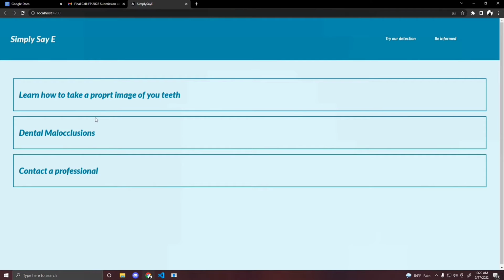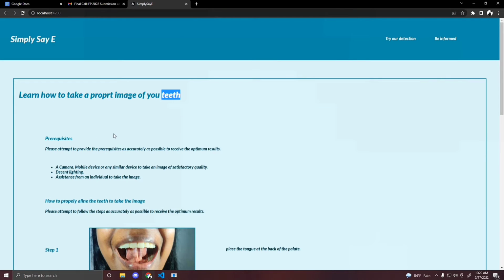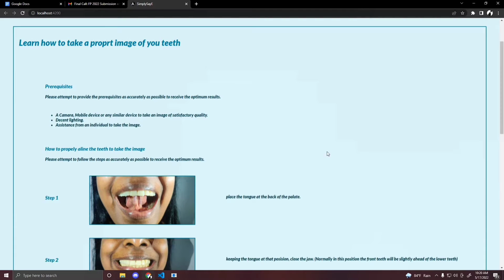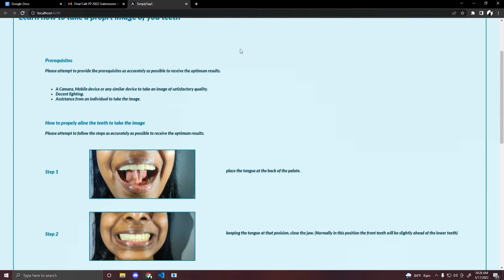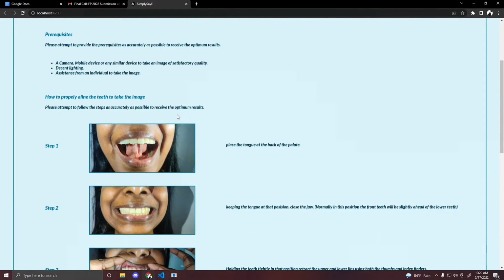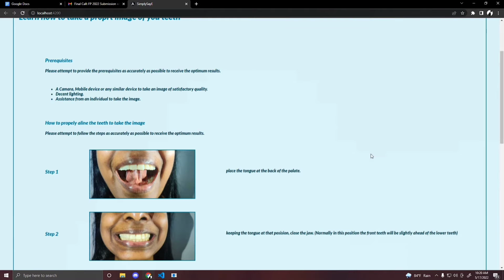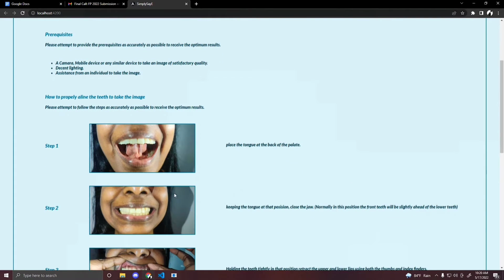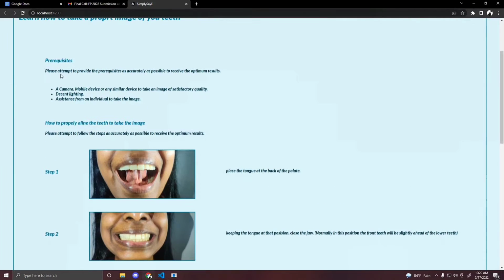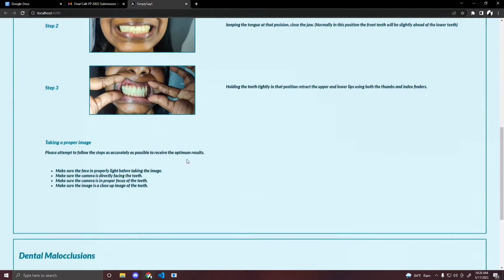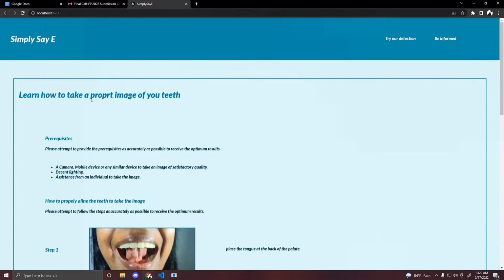In order to use the system correctly, we will provide you proper instructions on how to take the correct image. If we go into this panel here, we can see this section provides detailed information on what aspects you need to be wary about when you take the picture, and extra precautions in order to get the best results out of the system. And we can then move on to